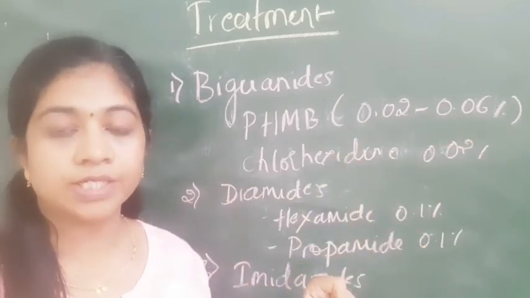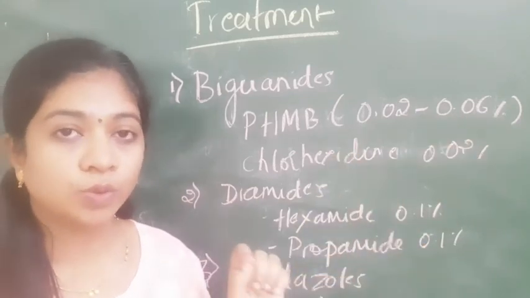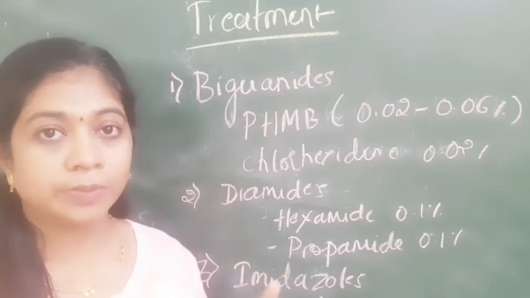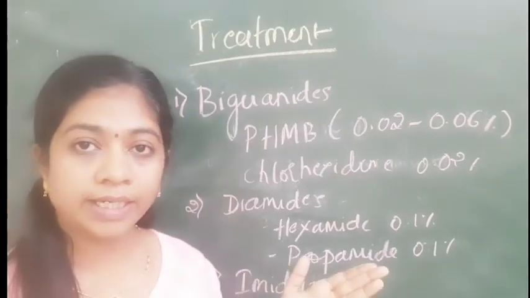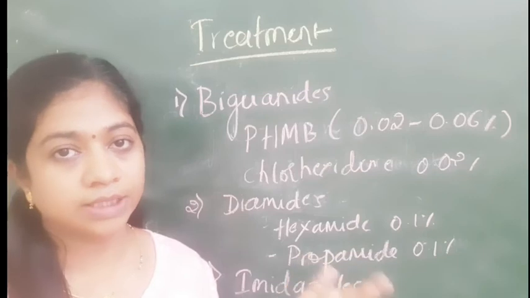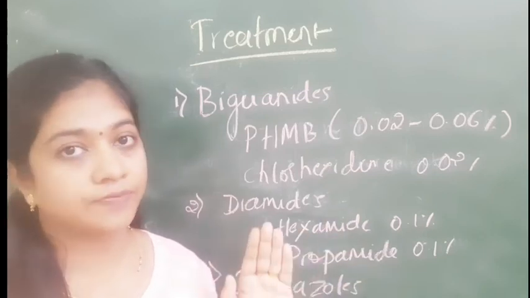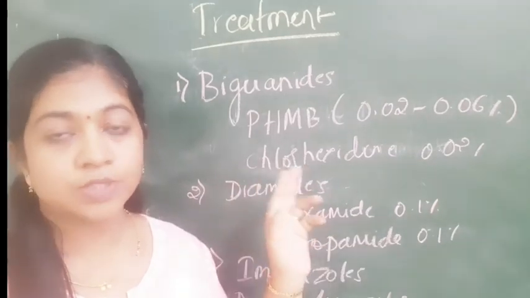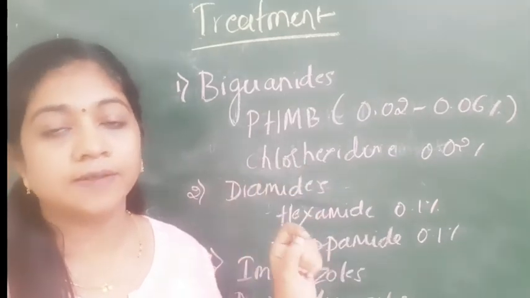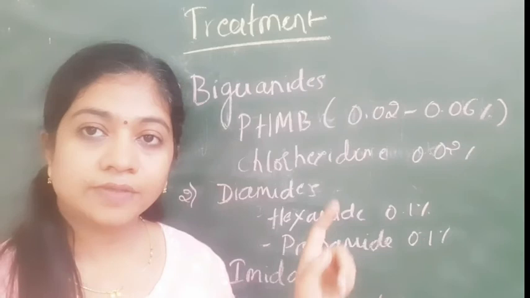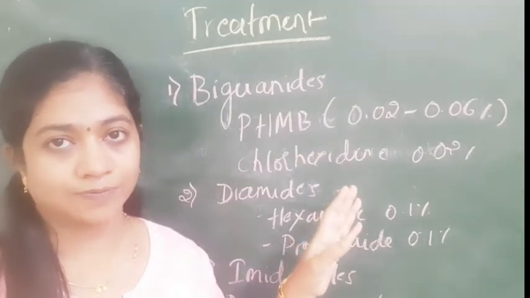And how frequently should it be used? It should be used 1 to 2 times per hour. So remember, it is per hour. So in the whole day it may go up to 25 to 30 times per day, and then it is slowly tapered, and the maintenance therapy is for years. So the PHMB should be given for such a long time to treat the acanthamoeba keratitis. And the side effect of this PHMB is the vascularization of the cornea.